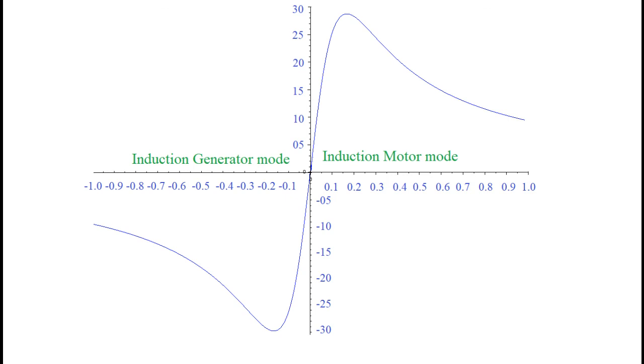Induction generator works at supersynchronous speed, that is more than synchronous speed. This is generally measured as a negative value of slip. As the absolute value of slip increases, speed beyond synchronous speed also increases. The induction generator has a torque limit of pull-out torque, and the generator works within 0 to pull-out torque as shown on the slide.